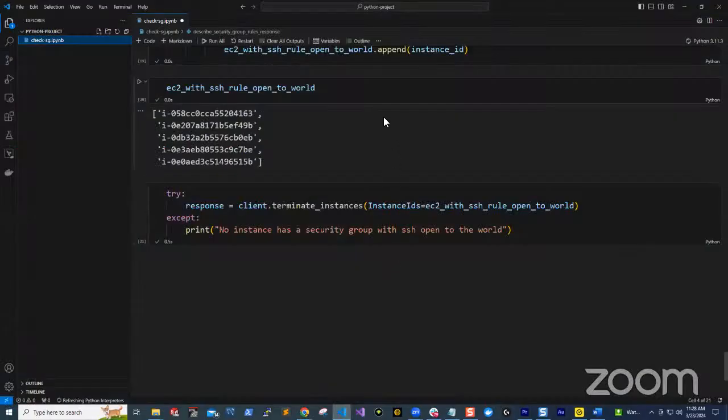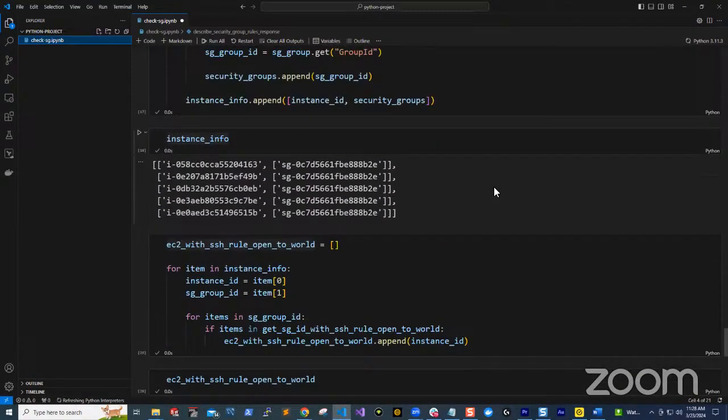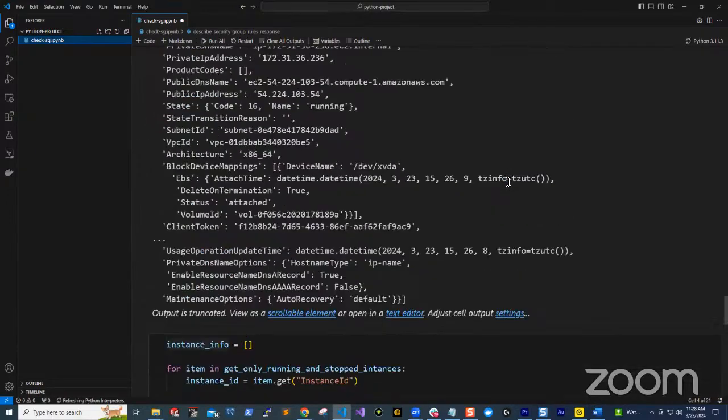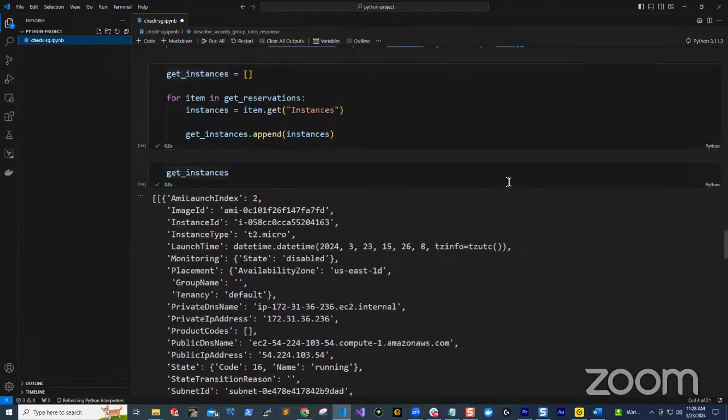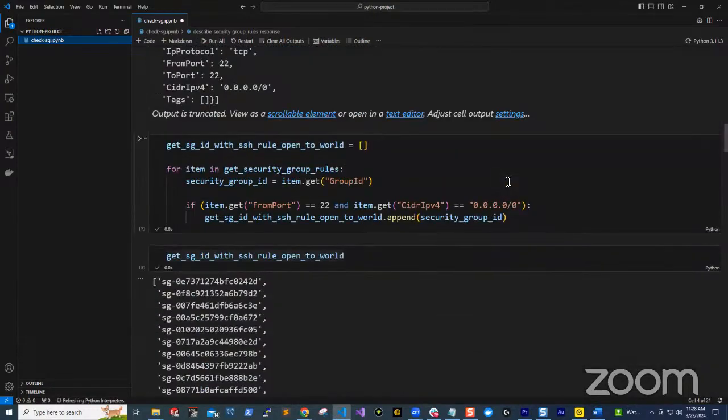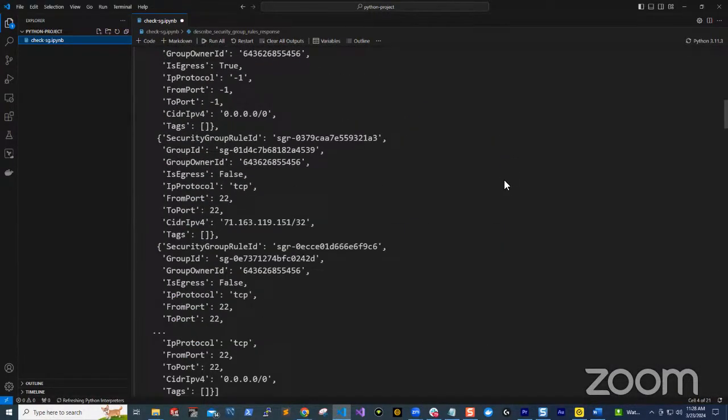In today's session, what we want to do is hook this code up to a Lambda function, so that way we can auto